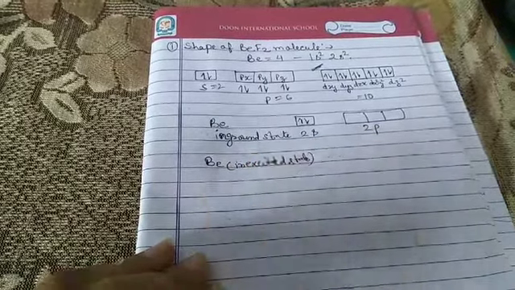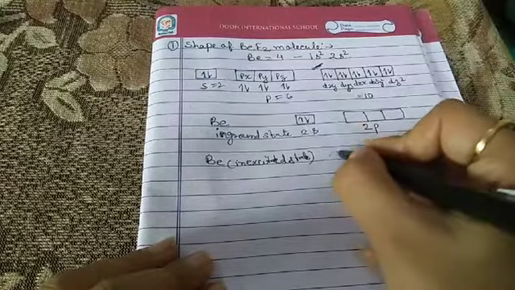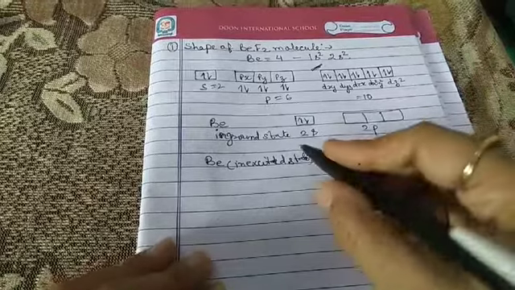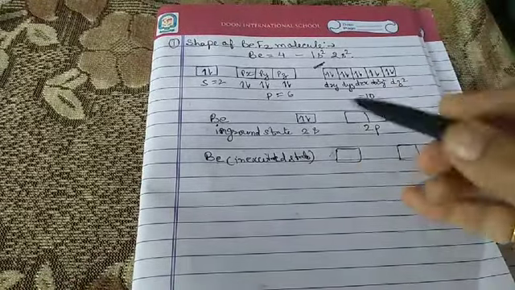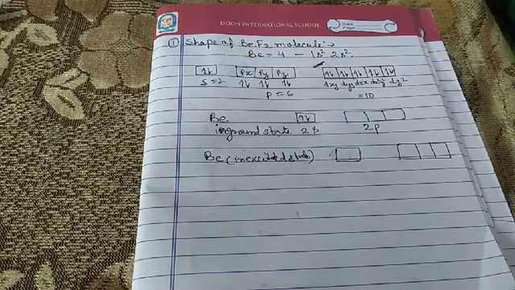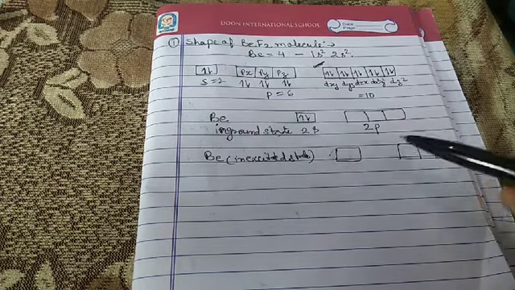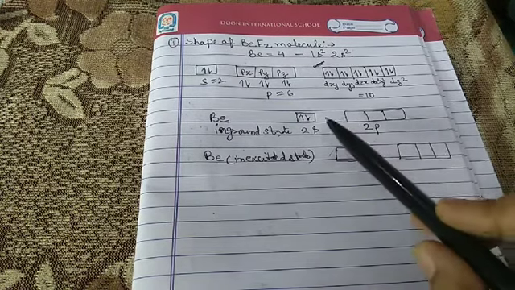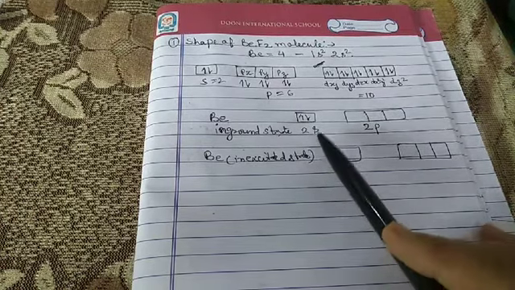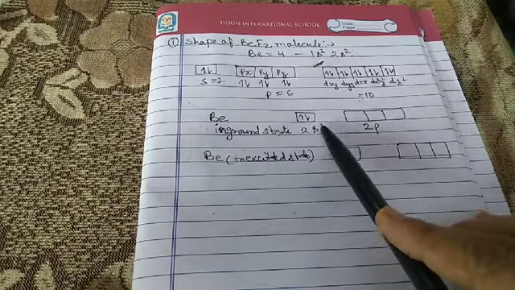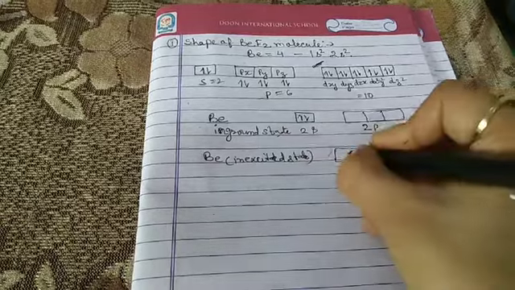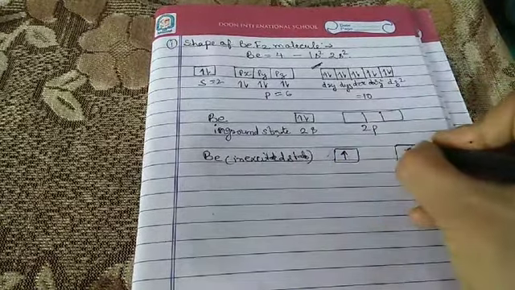But beryllium in the excited state means if we provide any temperature, any heat, or apply any pressure on the beryllium, then the beryllium goes to the excited state. When the beryllium is in the excited state, one electron from the 2s jumps to the 2p orbital, so one electron from here jumps to here.